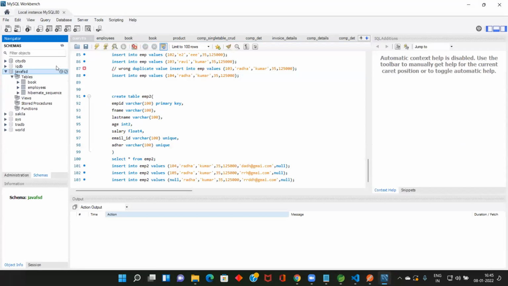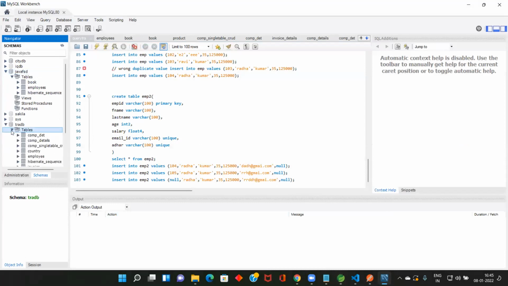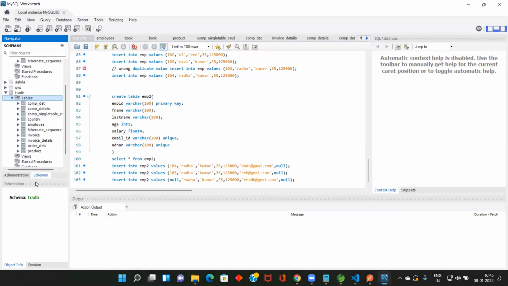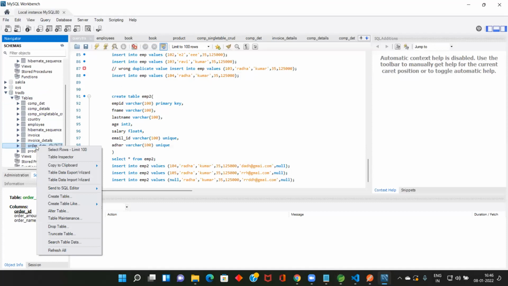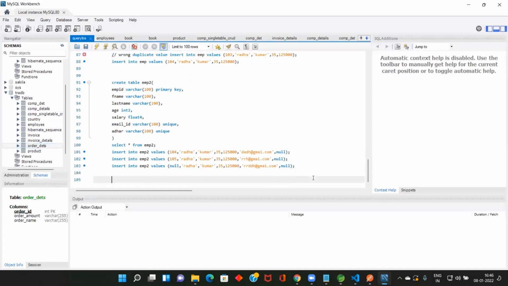So book, where is? So which am I using? Book, employee, Hibernate sequence. This one, TRADB. Yeah. So there is order DETS. Order DETS, and let me select star from